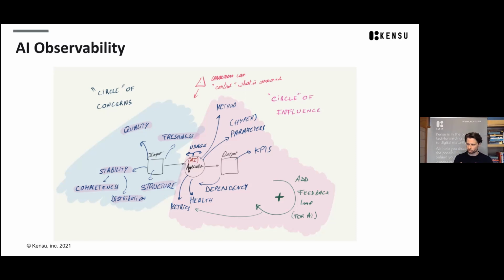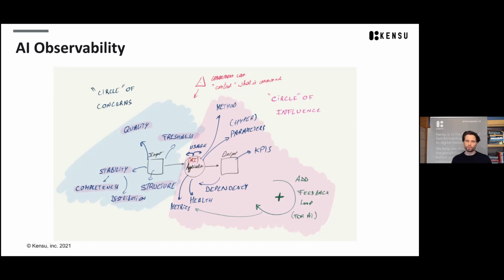These are the things that I have control on. And there is also the circle of concerns, which is the area where I don't have much control, right? So if the data didn't come at the right time, I don't have control on that. I cannot reproduce it because it's not my input. This is not my data at this moment. If the structure changed, I didn't change it myself. I cannot re-add the data which has been removed. So it's my concern. The thing is that if you want to keep yourself sane, you cannot consider those as part of your responsibility. Otherwise, you will become nuts after 2 months, right?